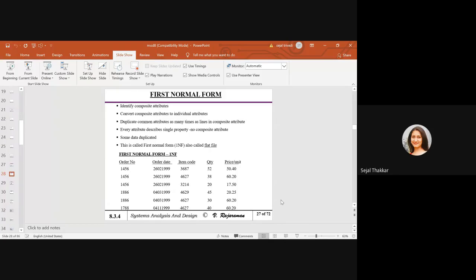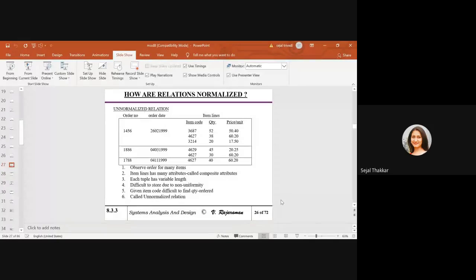So the first thing is, we have to identify the composite attribute. Here we have the item line attribute, which is a composite attribute consisting of item code, quantity and price.